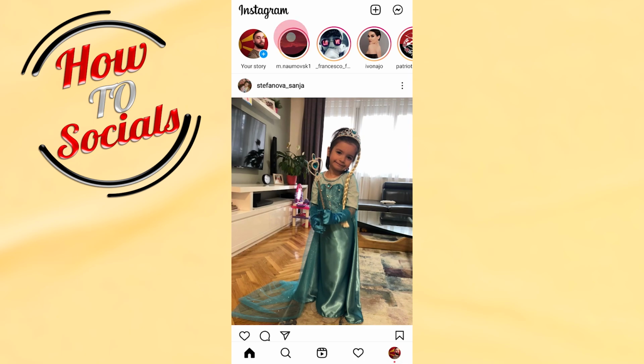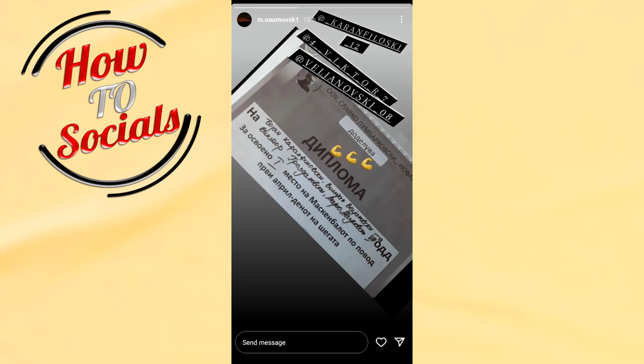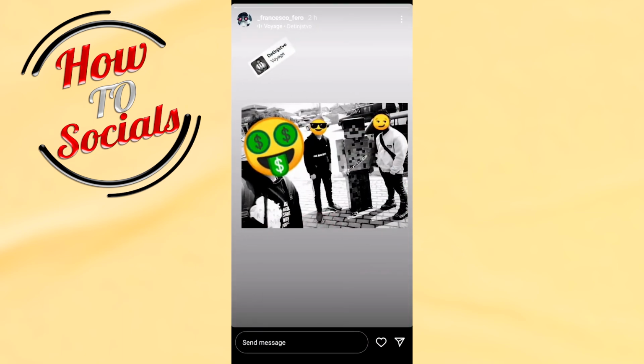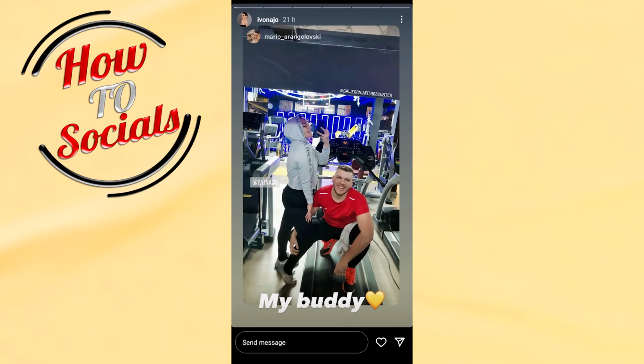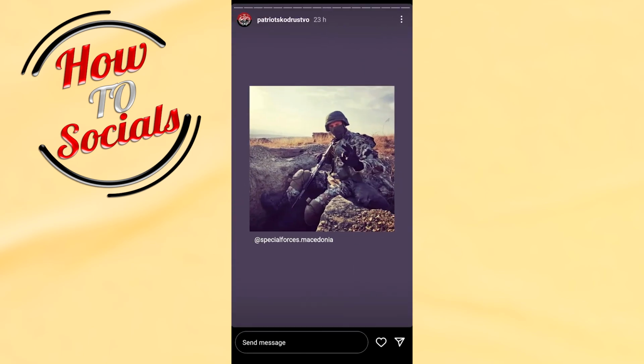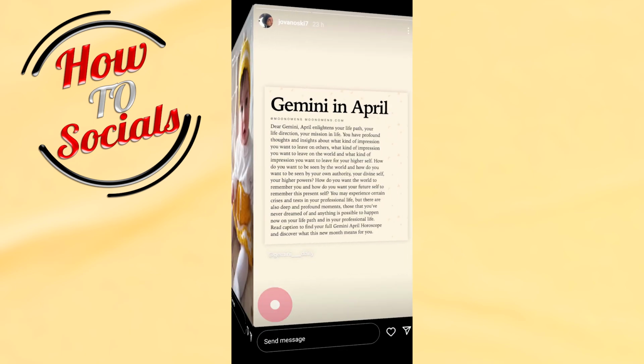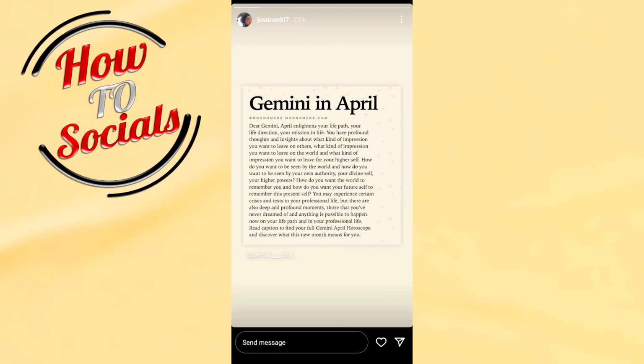When you tap on the Instagram story, as you can see right down, you have the option for a heart for liking this Instagram story. Go to another story, and here also you can see on every single story for getting a like on the story side. Just tap on it, and as you can see, with this you have liked this Instagram story. Now we'll choose another story, for example this one. Just go down and we have liked this story.